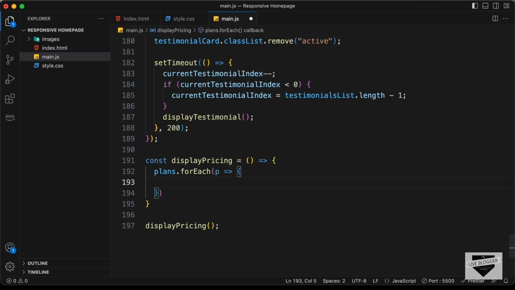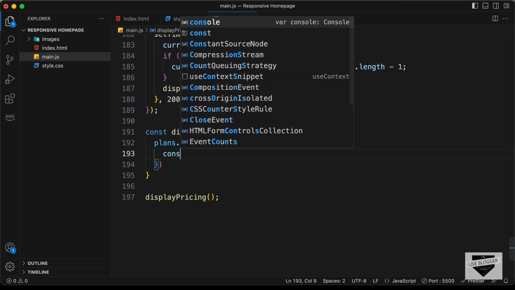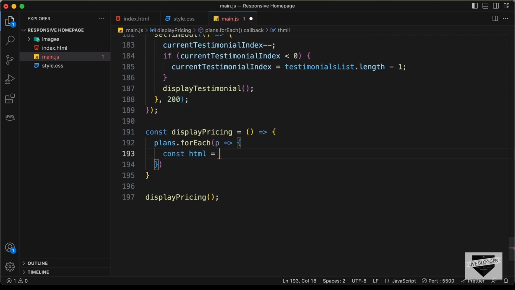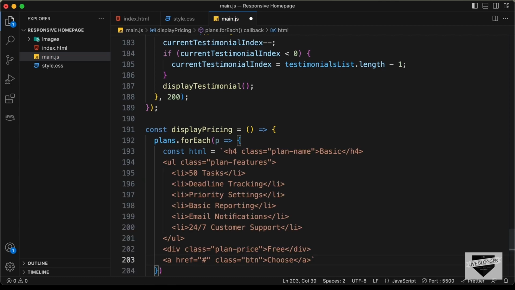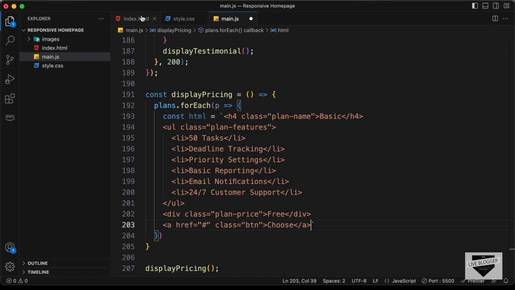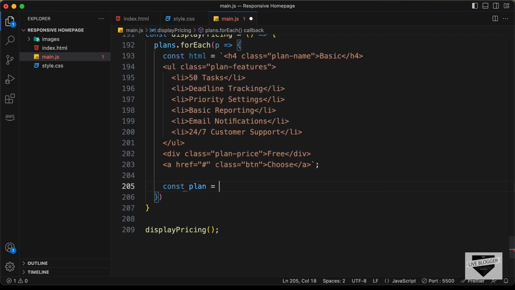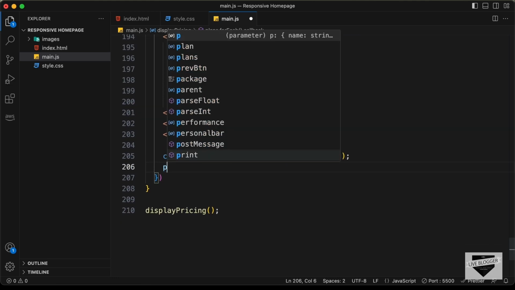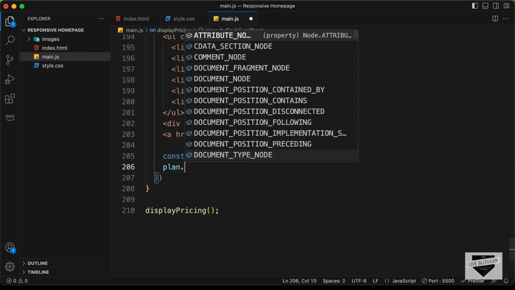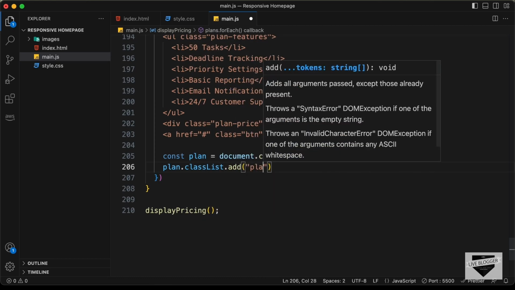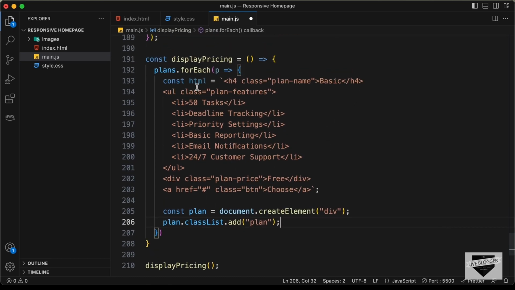Now in this we need to add the HTML. So let's create a constant for that. I'll just type html equals, and let's add backticks, and let's paste the HTML over here. And then we need to add this HTML inside a division with the class of plan. So let's create the division over here. So I'll just type const plan equals document.createElement div, and let's give it a class of plan. So let's type plan.classList.add plan,